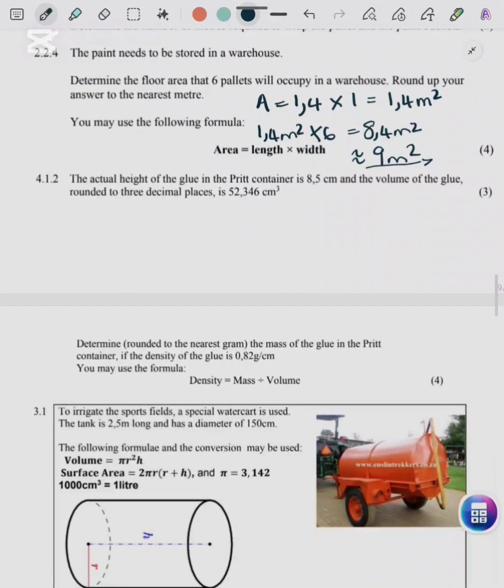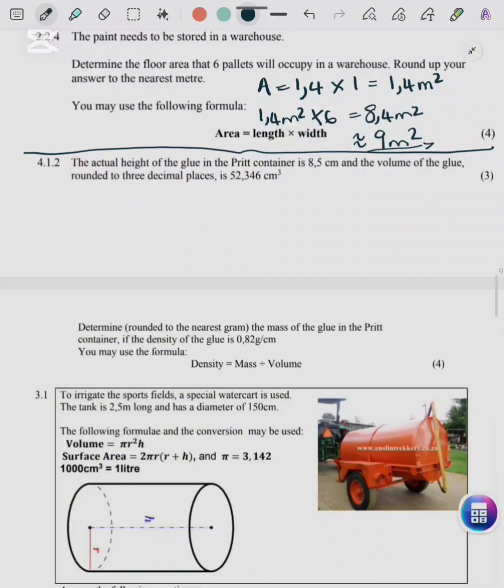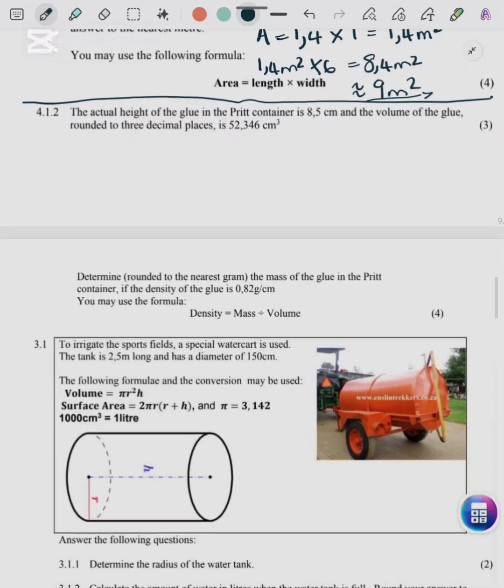Alright, question 4.1.2, so this is actually unrelated to the earlier questions from the numbering. And they tell us here the actual height of glue in a put container is 8,5 centimeters. The volume, rounded to 3 decimal places, is 52,346 centimeters cubed. Determine, rounded to the nearest gram, the mass of the glue in the put container if the density is